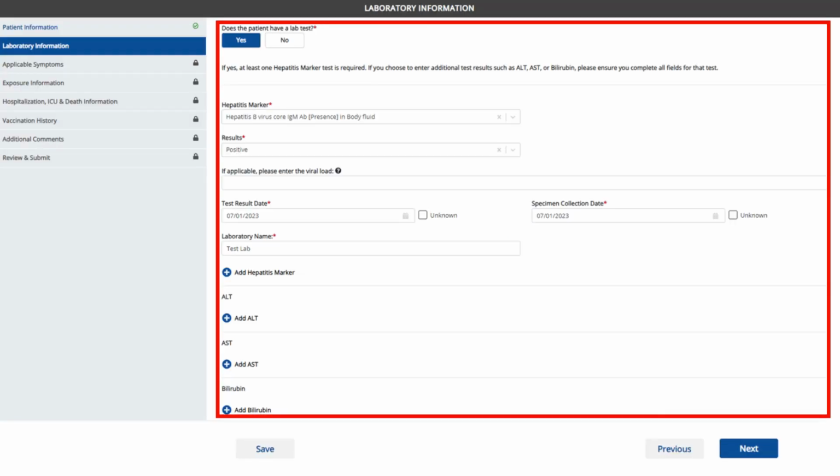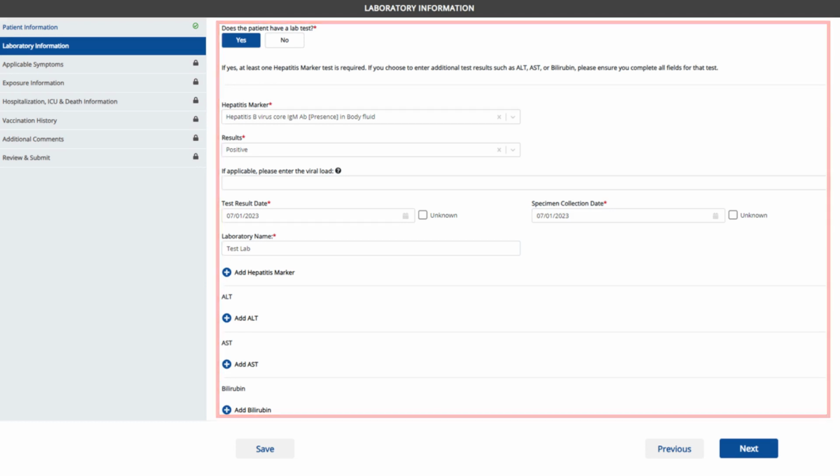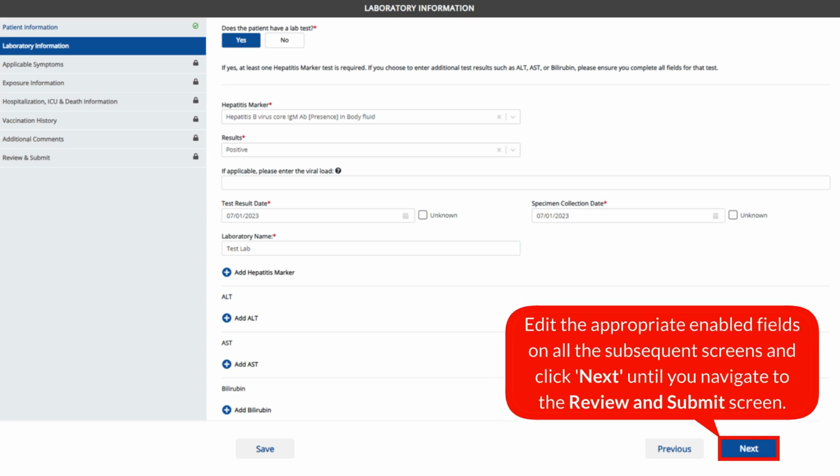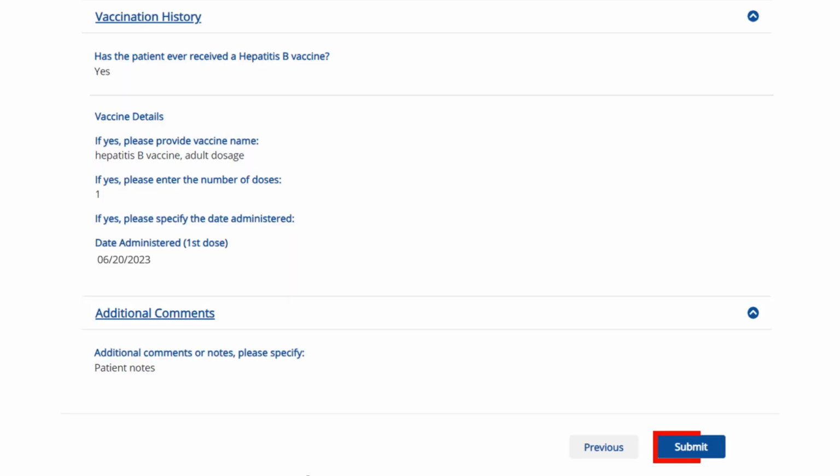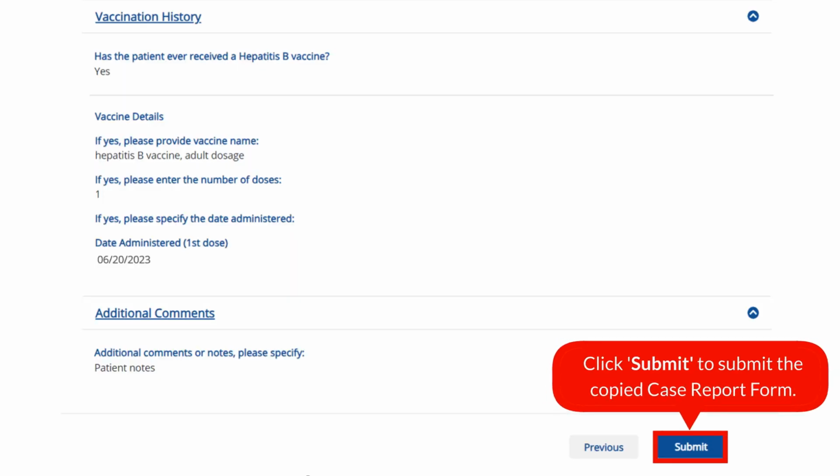On each subsequent screen, all fields are enabled. Edit the appropriate enabled fields, as applicable. Once the appropriate edits have been made on the subsequent screens, click Next until you navigate back to the Review and Submit screen. After verifying the appropriate changes have been made, you must click Submit to submit the copied case